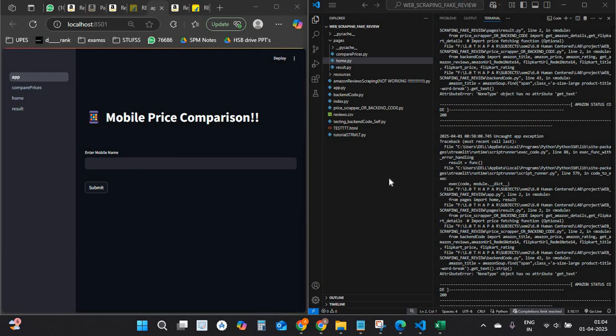Hi everyone. Today I'll be showing a project based on web scraping, where I'll be comparing the price of a mobile phone on Amazon and Flipkart. So if I just show you the code,